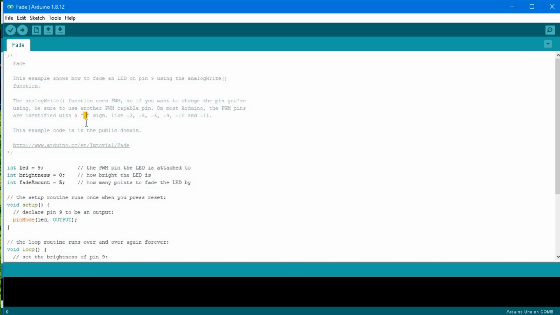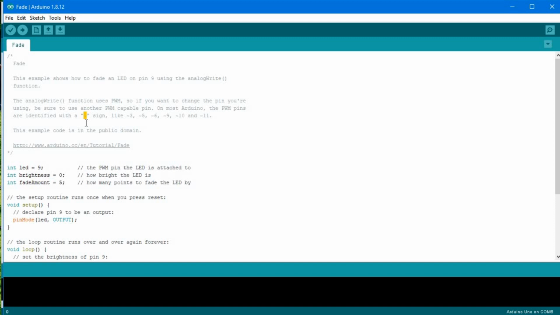In the PWM case there is one formula: you have to calculate the duty cycle. If I talk about an LED, to make the LED dim or bright you have to send a pulse width modulation pulse to that pin, and you have to define the duty cycle.